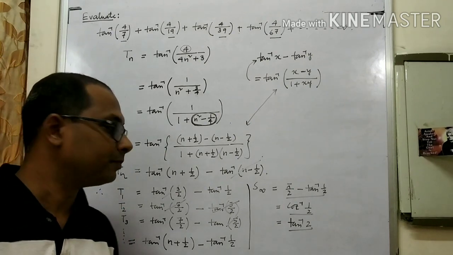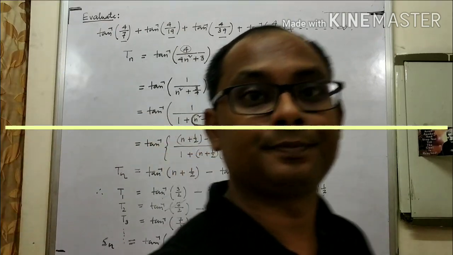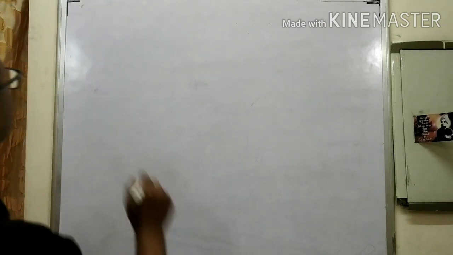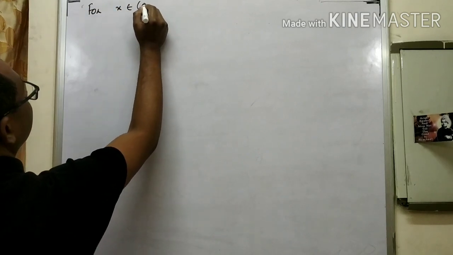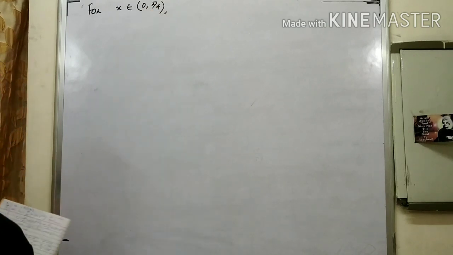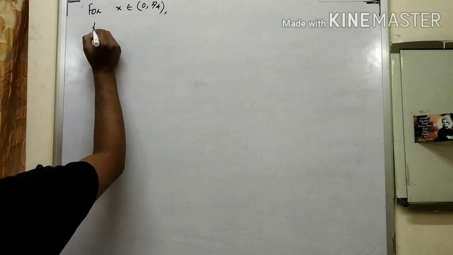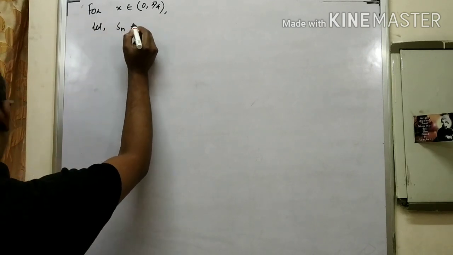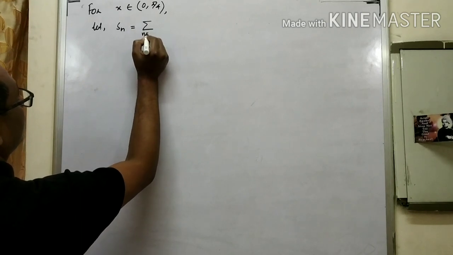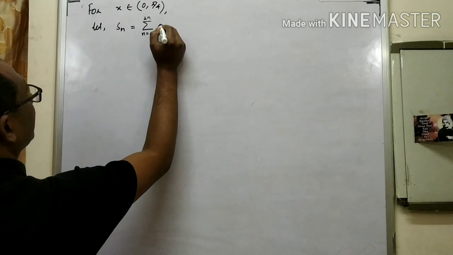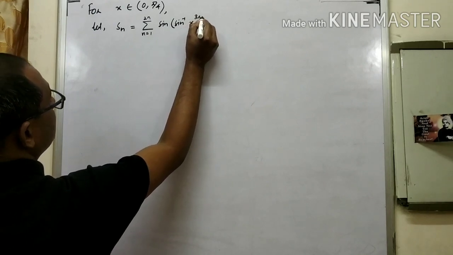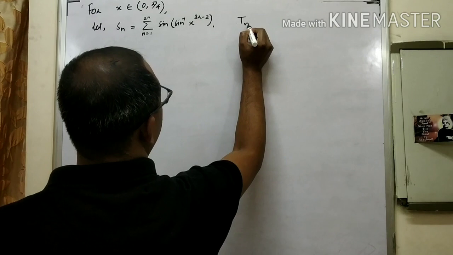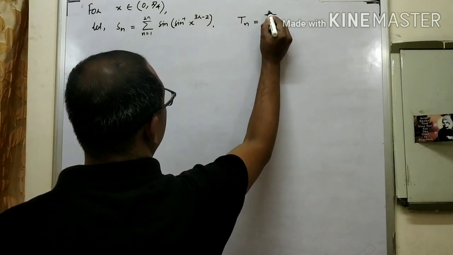Okay, so before we go ahead, let me take another question. The question is, for x belonging to 0 to pi by 4, let Sn equal to summation of r from 1 to 2n sine of sine inverse of x to the power 3r minus 2. Tn equal to summation of r from 1 to 2n